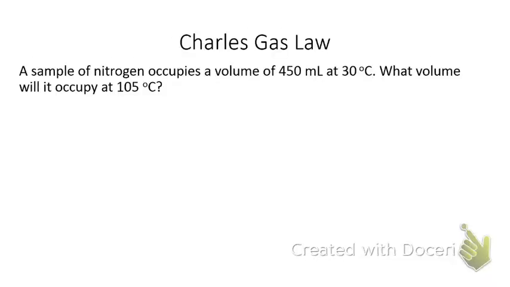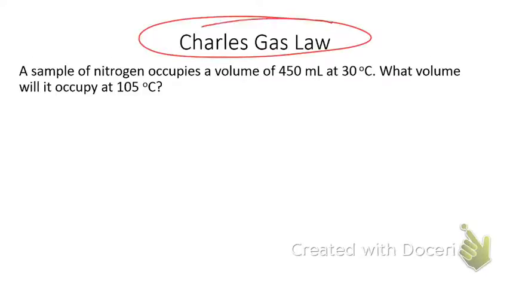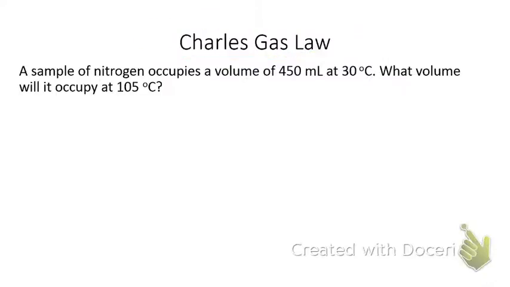Okay, so in this video we're going to take a look at a Charles gas law problem. I won't always identify the gas law that you would use to solve a problem, so I'm going to start by solving this problem. First of all, identifying which gas law I need to use, and then show you how to solve it. So as I read the problem, it says a sample of nitrogen occupies a volume of 450